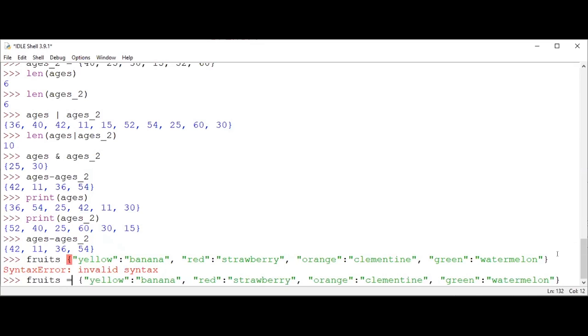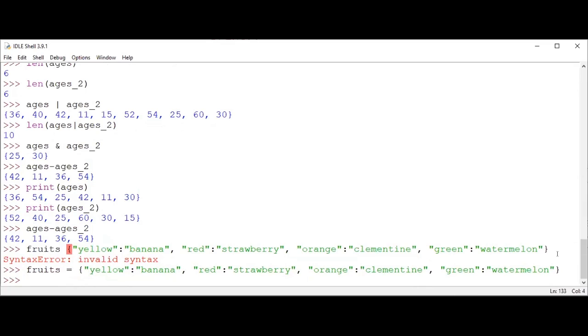So fruits equals to this. Okay. So there's essentially 4 elements in the dictionary, and all the keys are given on the left side for each element, and then the values are given on the right side. Okay. So now if we print this,